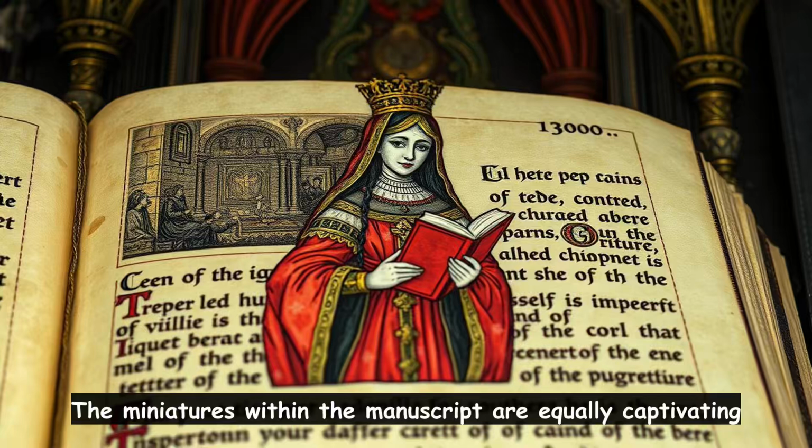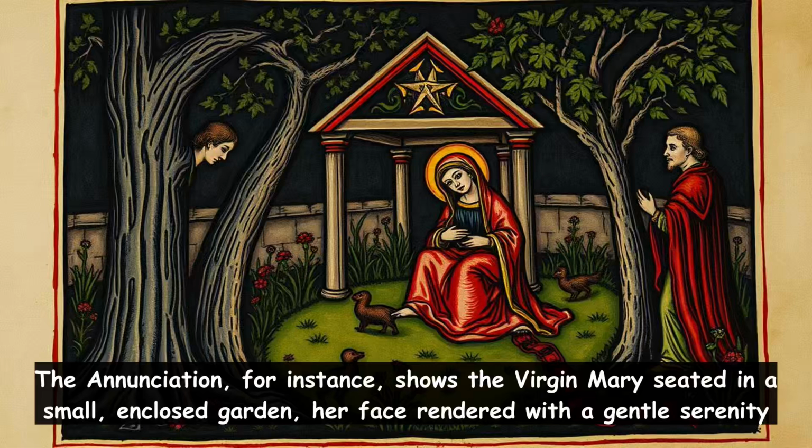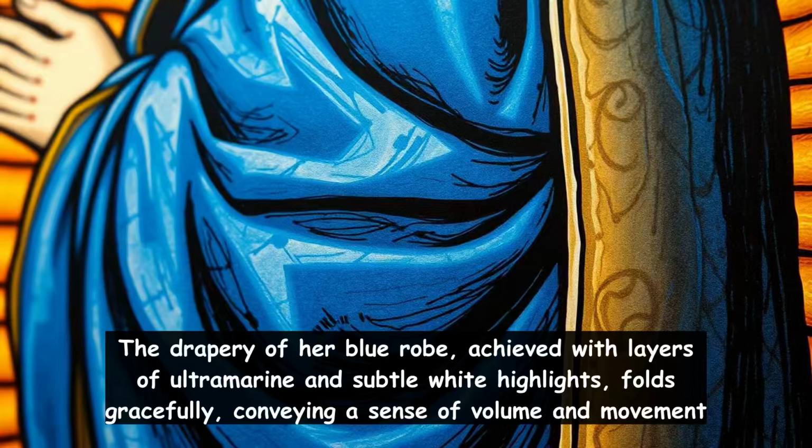The miniatures within the manuscript are equally captivating. They depict various scenes from the life of Christ and the Virgin Mary, as well as images of saints appropriate for a book of hours. The Annunciation, for instance, shows the Virgin Mary seated in a small, enclosed garden, her face rendered with a gentle serenity. Drapery of her blue robe, achieved with layers of ultramarine and subtle white highlights, folds gracefully, conveying a sense